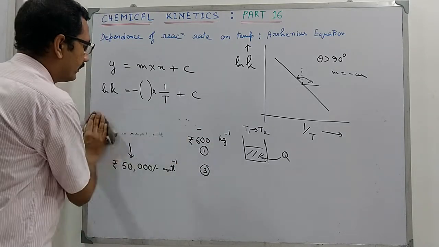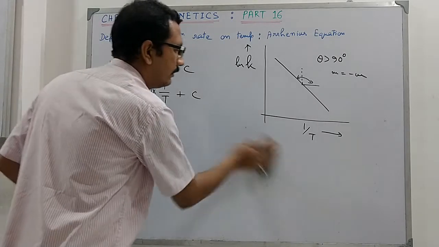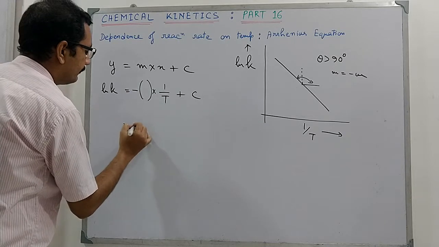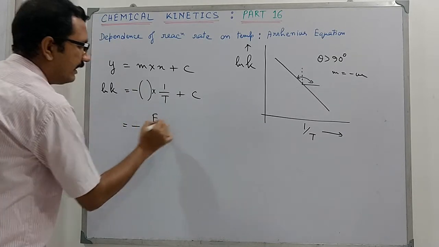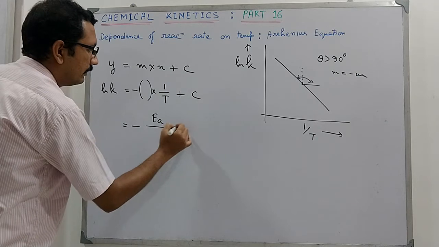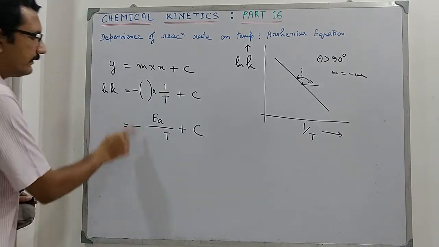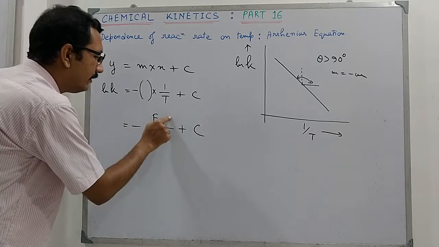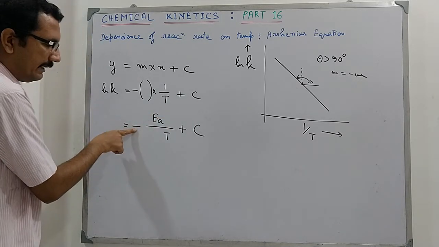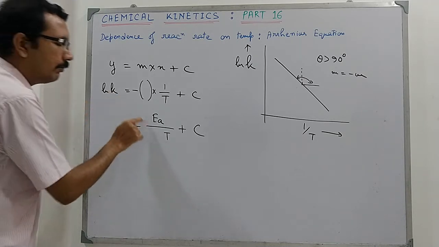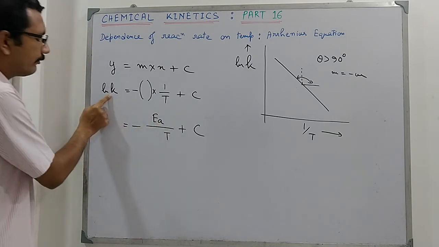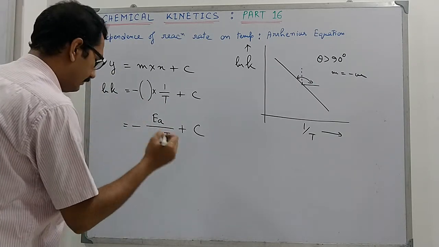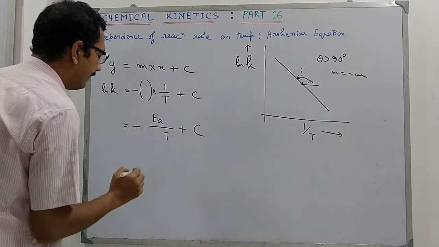Now, he understood that there must be some energy barrier in the numerator. So minus here, 1 by T here, and energy barrier in the numerator. That is, more the energy barrier, here is negative, so less will be the rate. More the price of the object, less will be the consumption. So there is an energy barrier. Now see, it's very easy. From intuition one can have it.